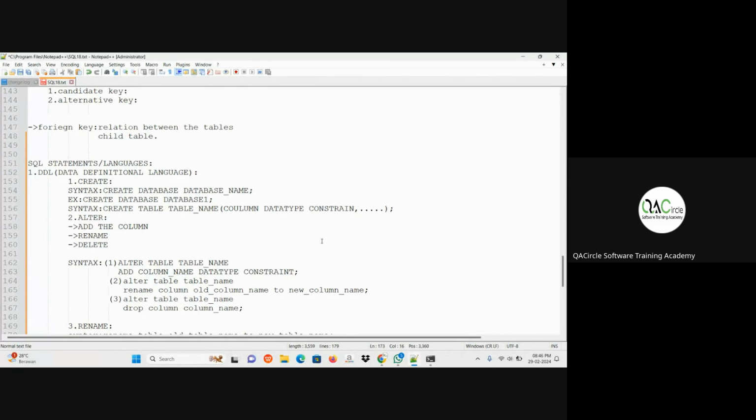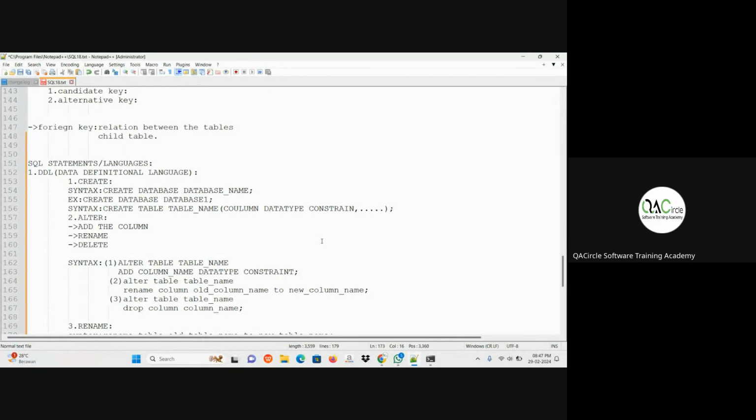Under the foreign key constraint, a table can have more than one foreign key. Ma'am, unique key is also only one, right? We can use it once, right? Unique key, no, you can use it as many times as you want, depending on the column you use. There is no restriction for that. Okay.